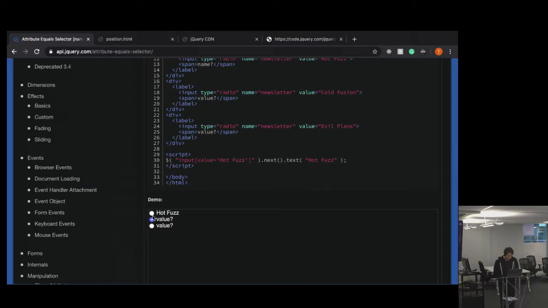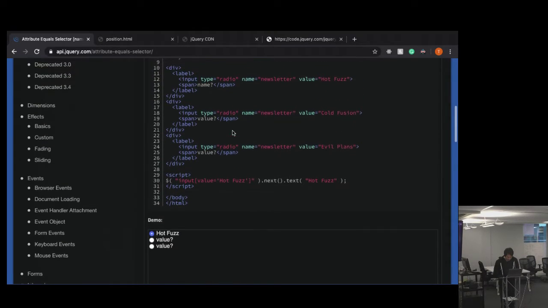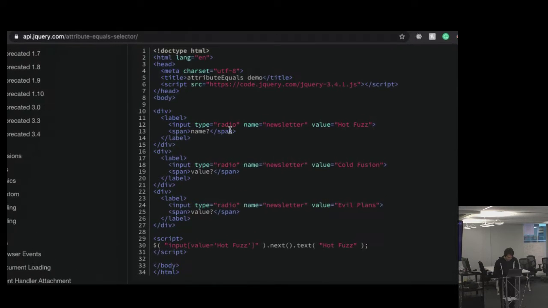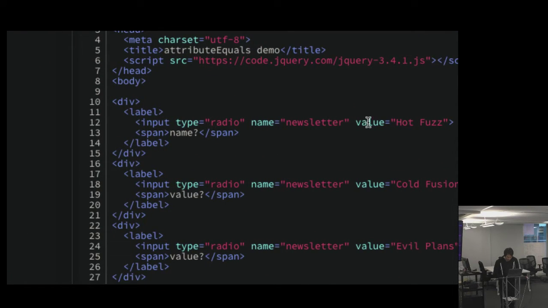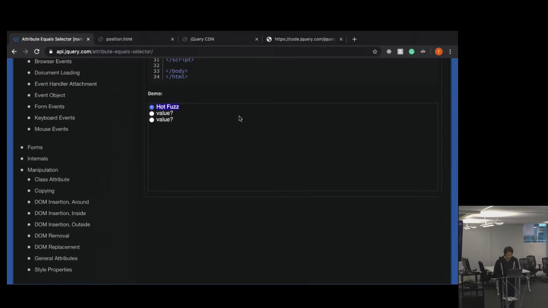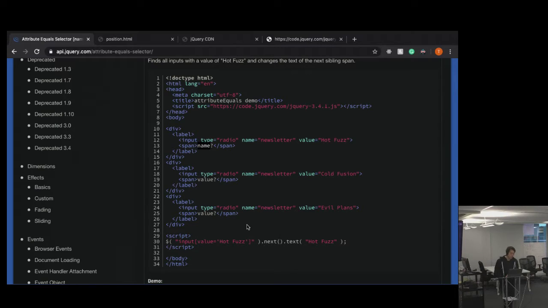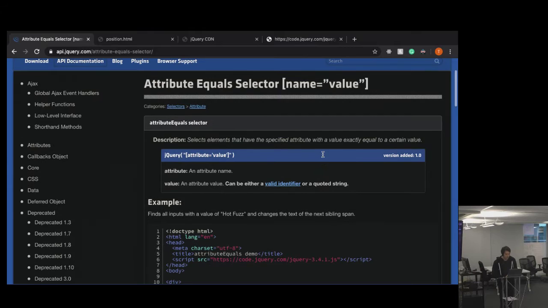So I guess this would be selected, and it's changing the span name to hot fuzz. You'll get more comfortable with this as you explore, but the main theme is just things are a bit easier